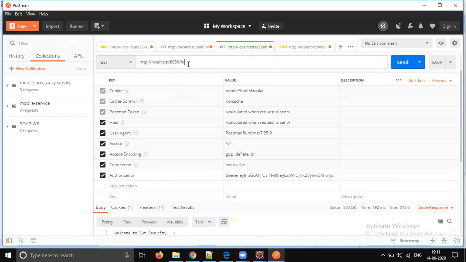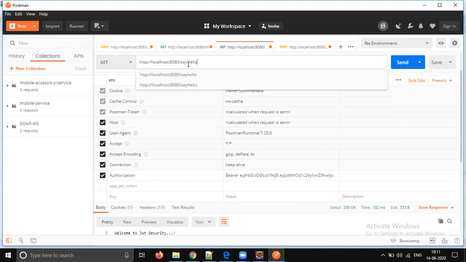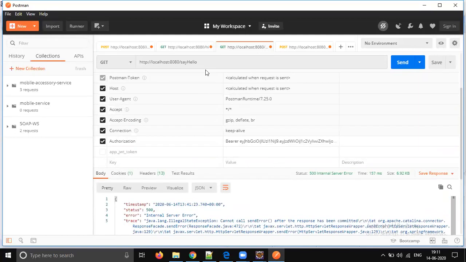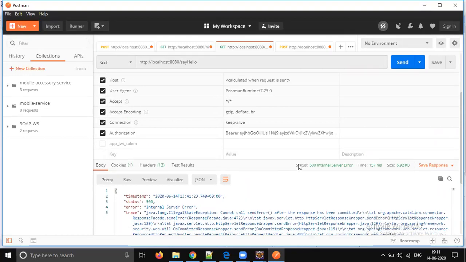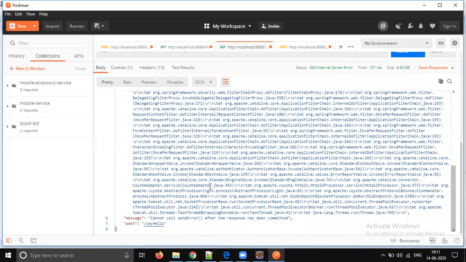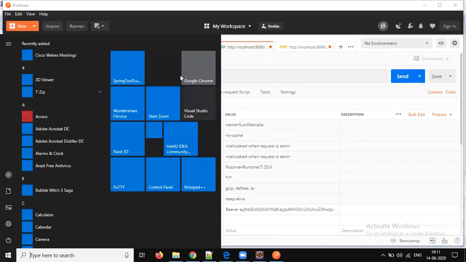That day we were just doing say hello. That is the problem. It was a mistake. So this is the same exception which was thrown at that time, right? It is trying to do the check, but this token is invalid and there is some exception happening. That is the reason why it's breaking. So the path is not working, that's why we are getting the send error. So we should use a valid URL.